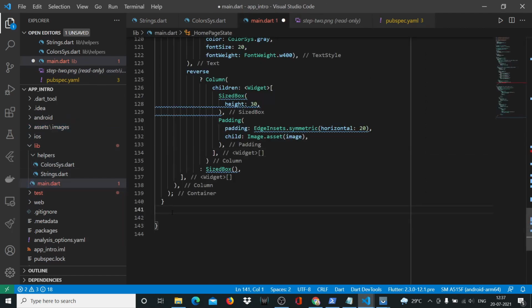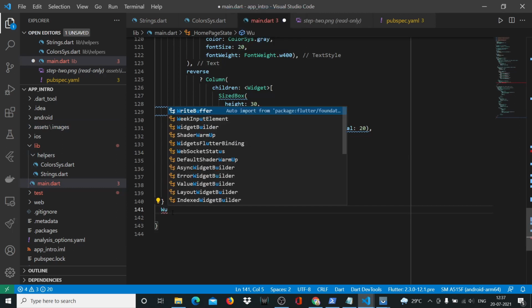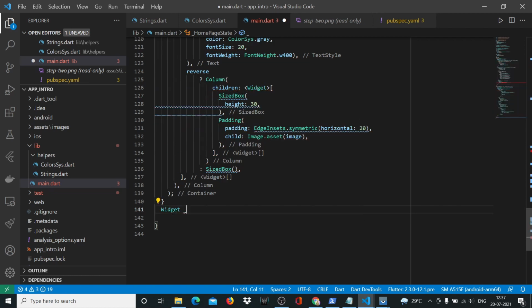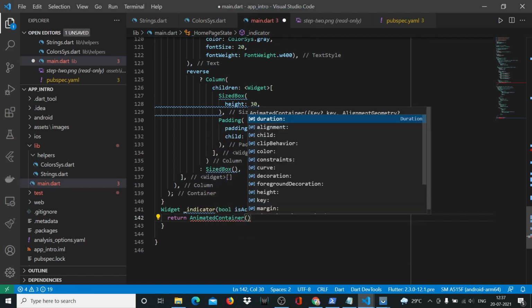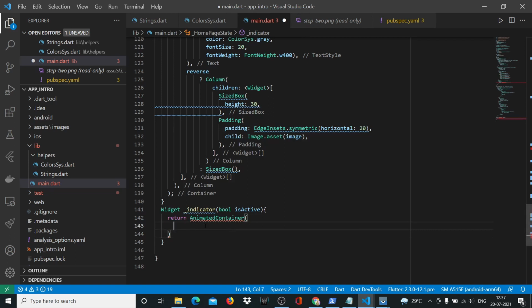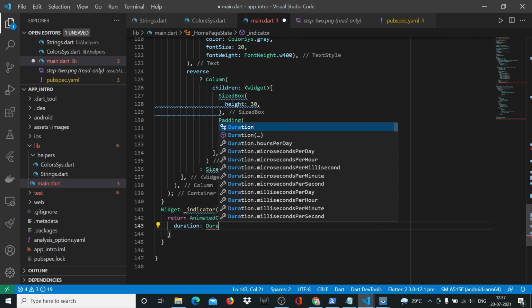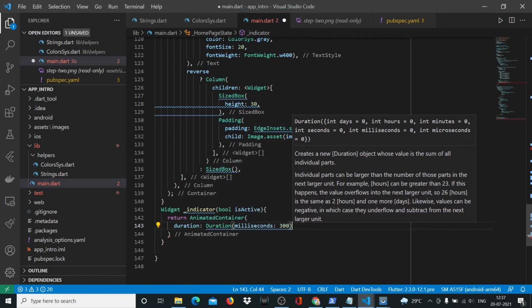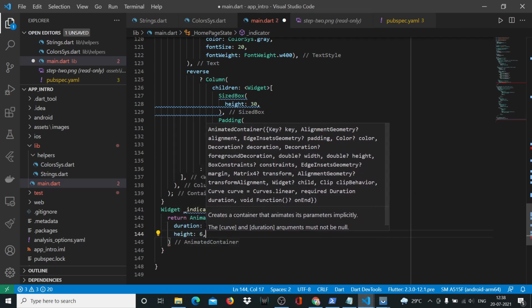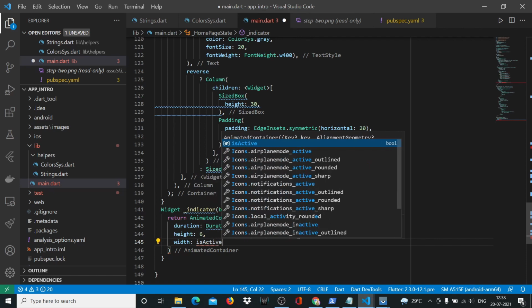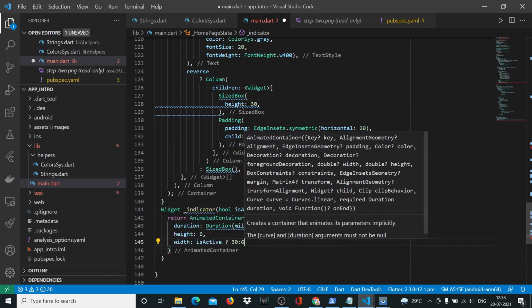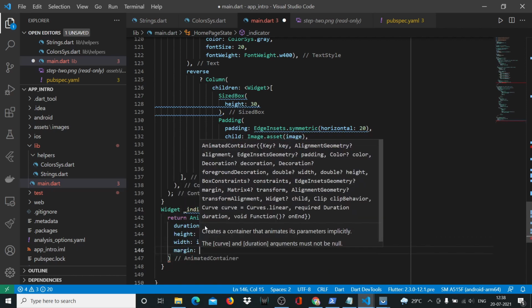So let's go back to our main.dart file, and here we'll say Widget with a capital W, and we'll say indicator, bool isActive, and we'll return AnimatedContainer, and we'll say duration milliseconds 300, comma height 6, and width is isActive ? 30 : 6, comma margin EdgeInsets